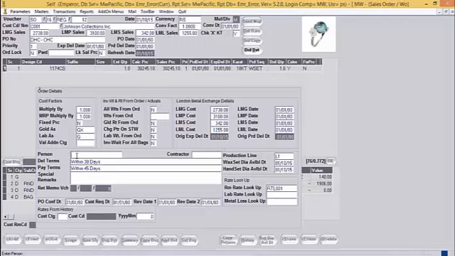Next is person. The default for this field comes from the customer master. This is the contact person from the customer side. Then next are delivery terms and payment terms. The default for these two fields also comes from the customer master, which can be changed at order level as per the requirement. Next is special remarks. Special remarks are special terms and conditions which the user needs to mention at the order level. It can be a remark related to marketing or production.